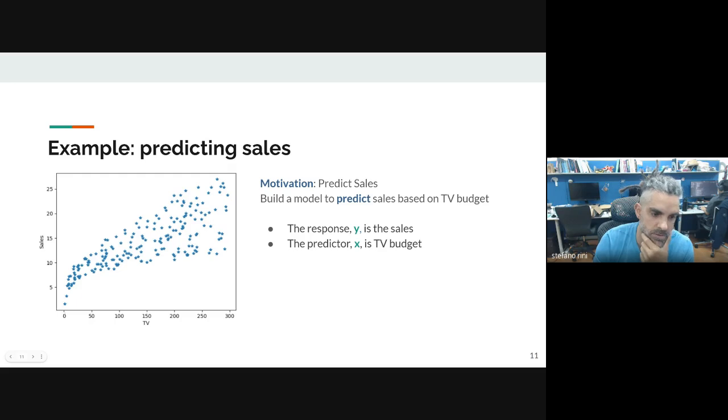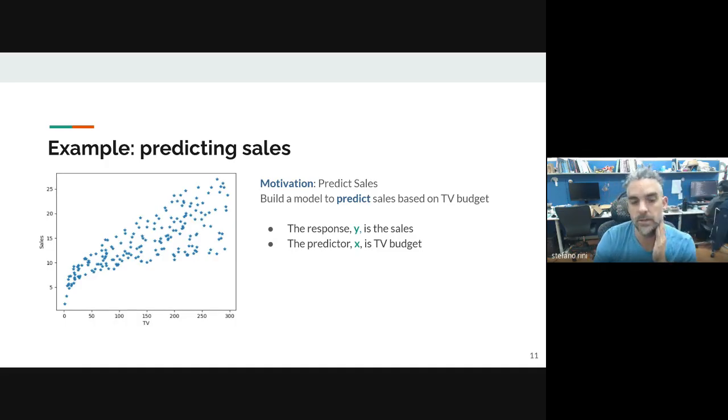So what we see is that, of course, if the budget is 0, the sales are 0, or maybe the sales are a certain minimum. And as the budget increases, then we have higher sales. That seems to be reasonable, right? So the average sales increases with the budget. We observe also that there is a certain variance. So the variance increases with the budget. Of course, if you spend 0 money, there's smaller variance because there are fewer people that you can influence. If you have a larger budget, then you're influencing more people. So maybe you're observing a larger variability of the response of the people to this.